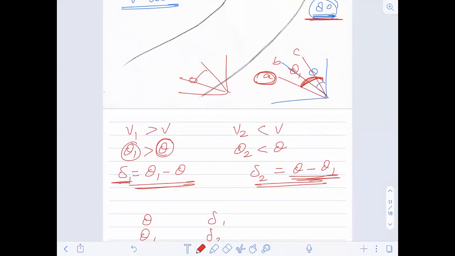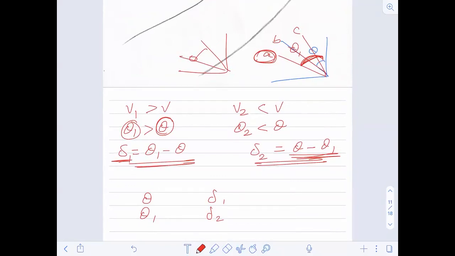Just to confuse you between A and C, you will have option theta 1 also, delta 1 and delta 2 also. This is what they will ask you in the advanced, or they can ask what the angle of inclination of the person with respect to the horizontal is. With the horizontal it will be theta 1. What will be the angle with the extra tilt? Such questions can be asked in multiple choice also.